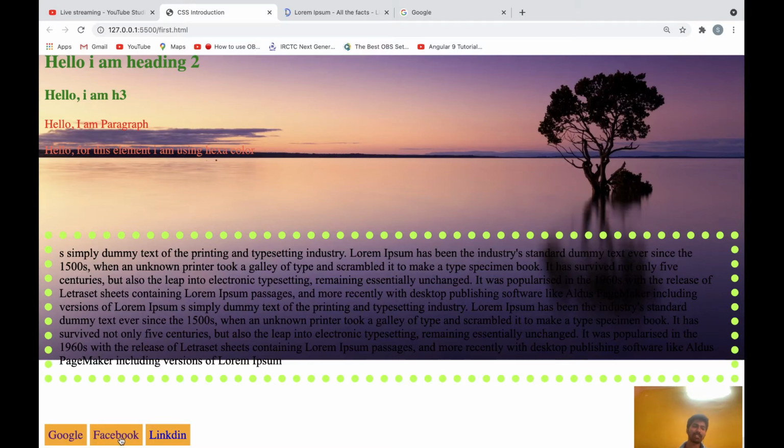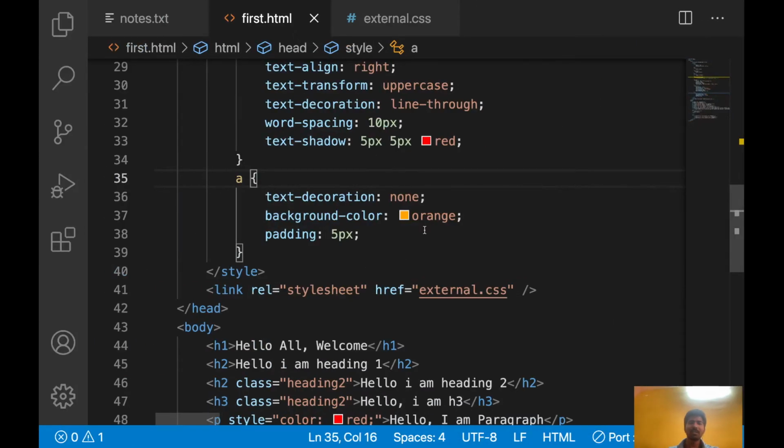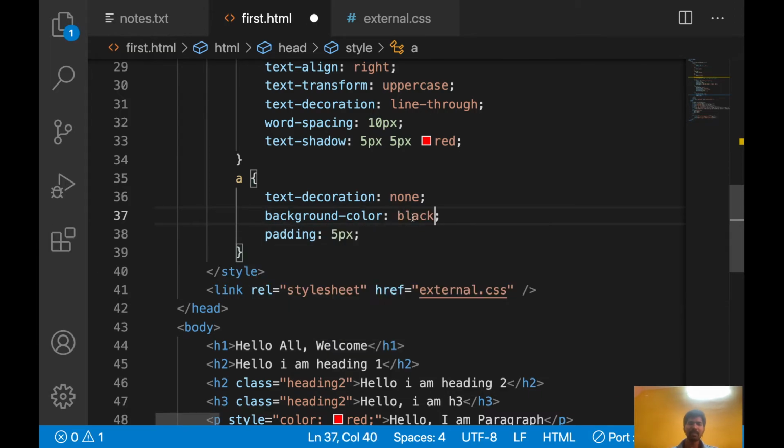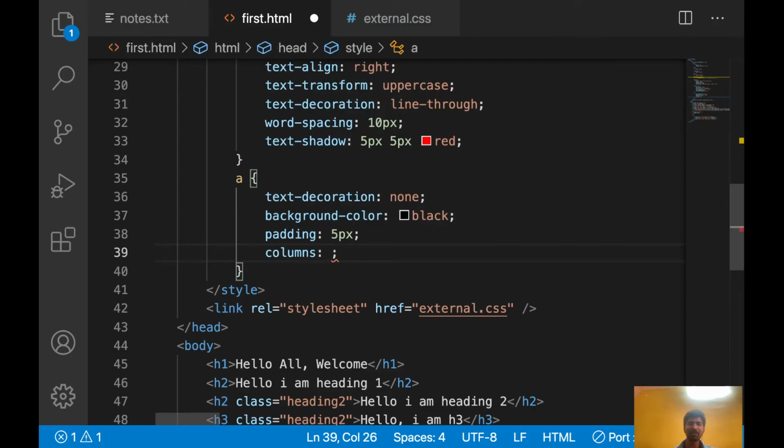I have given 5px gap surrounding this text, that is called padding. Now let's change the color. Let's apply background color black, and apply color white, because black and white are a good combination.